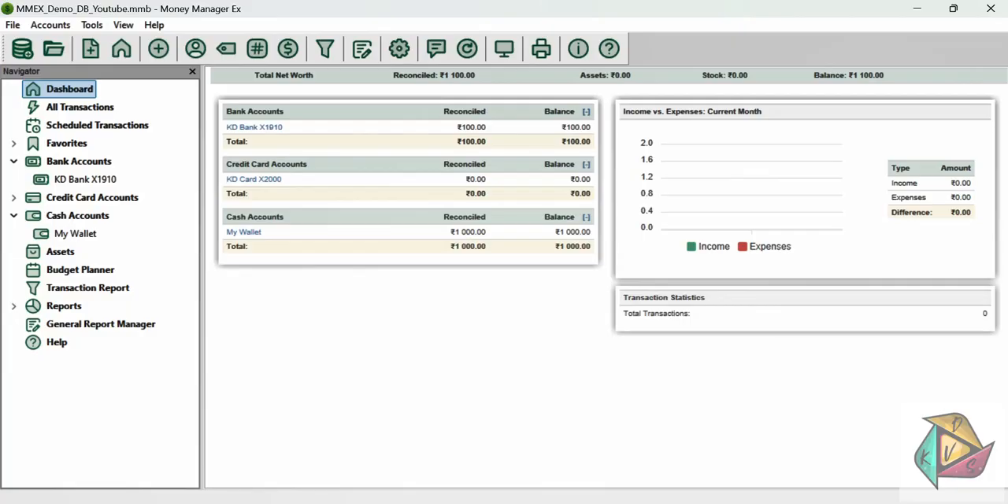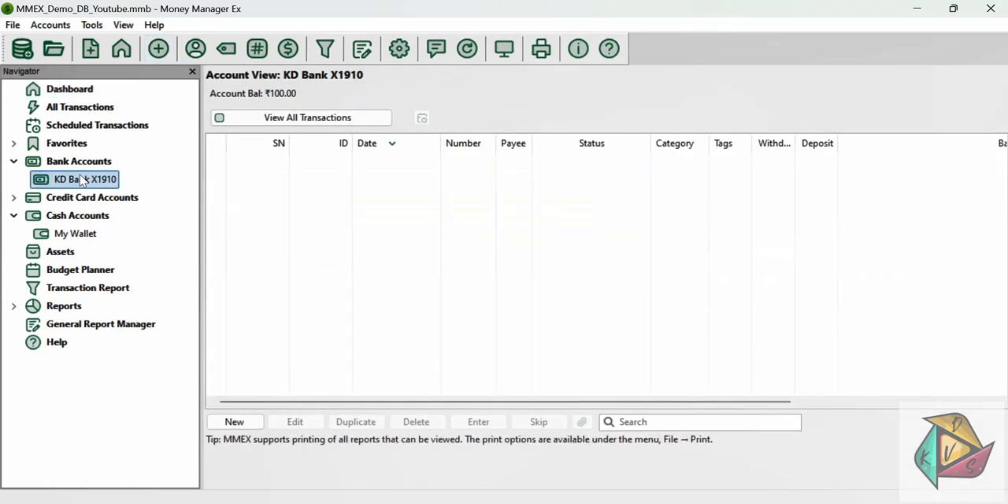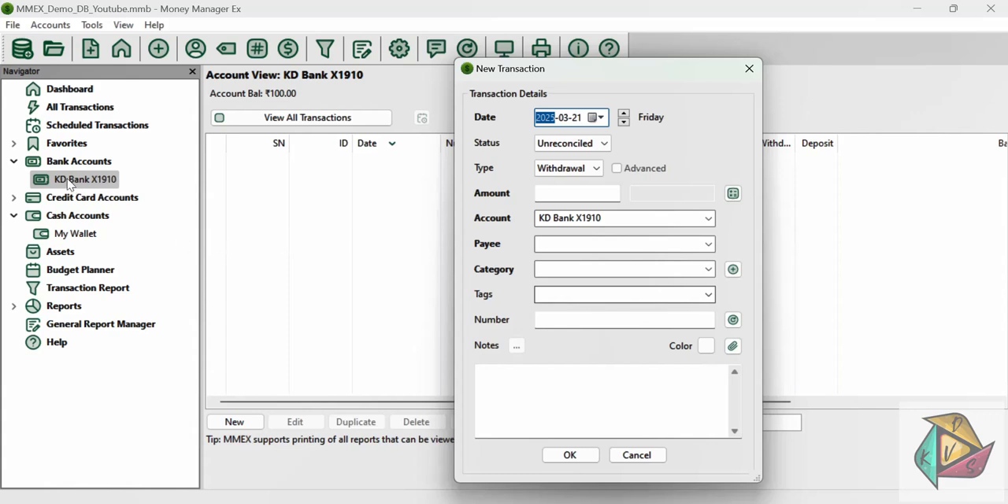Hello everyone. In this video, I'm going to explain how to create the different types of transactions. We have two different ways to create a transaction. One, we can invoke the new transaction dialog from the plus button in the ribbon menu, or you can select the individual account and click the new transaction button over here. If an account is selected, either hitting new or hitting the plus button in the ribbon will pre-populate the account